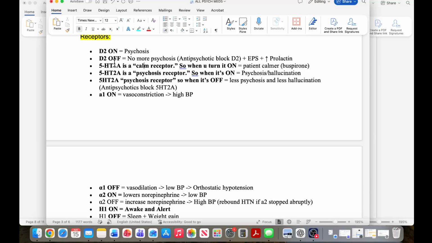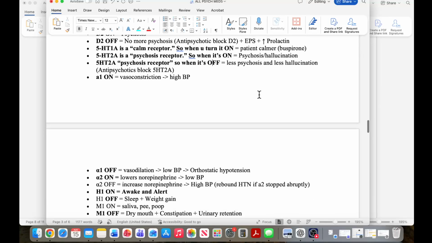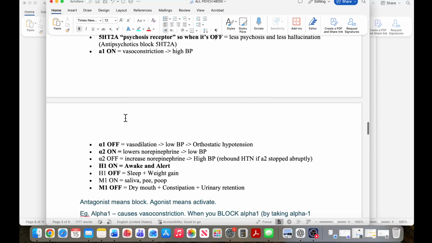These are not the same ones. This is number 1, the calm. Number 2 is the psychosis one. When you turn it on, psychosis and hallucination will be observed in the patient. When you turn the 2 off, less psychosis, less hallucination. A1 and A2, of course, these are vasoconstriction and vasodilation, and these two are for norepinephrine,